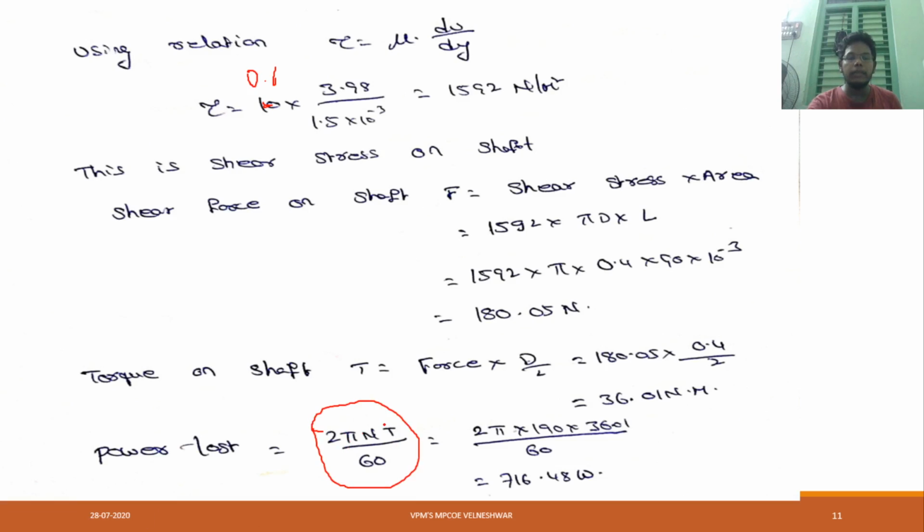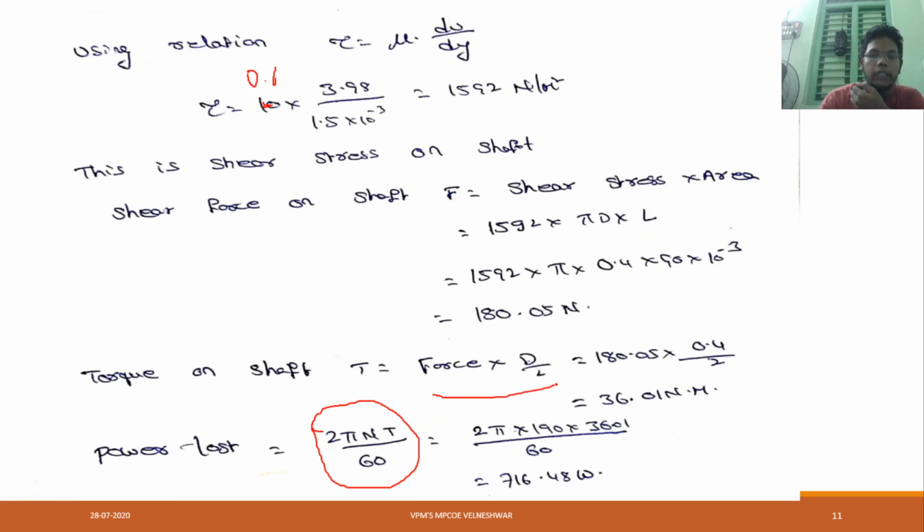Here T is nothing but torque. Torque is nothing but rotation, and it will be converted into Newton meter actually. Means per Newton meter, how much force it is required or how much twisting it is required, we have to find that. So here, what is the formula for torque?